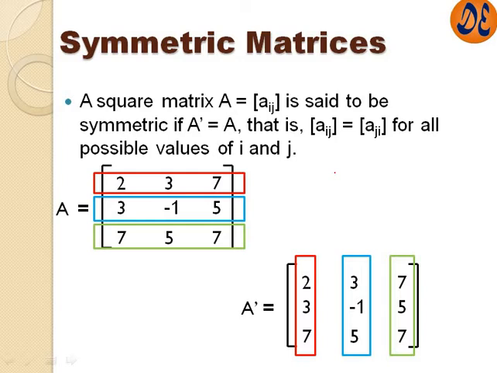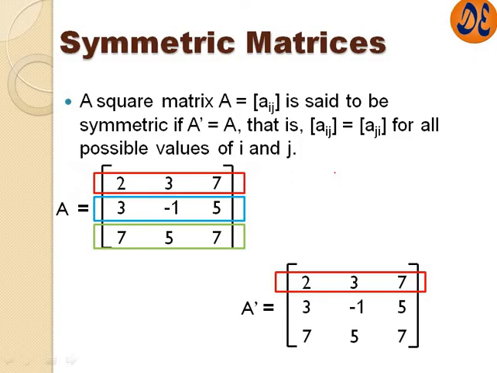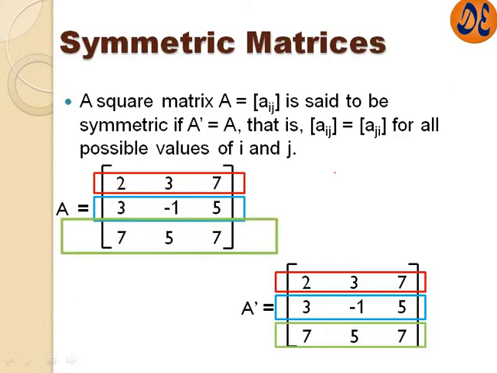Now let us see again this matrix in another way. Although we have transposed the matrix, both rows are equal. Can you see? Both rows are equal, and both the rows are converted into columns, and still after conversion the rows are the same. That means the transpose of matrix A is the same as the matrix A. So whenever we transpose a matrix and the matrix remains the same, then it is known as a symmetric matrix.